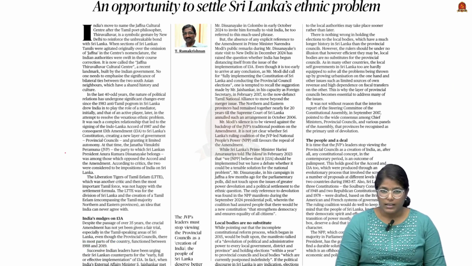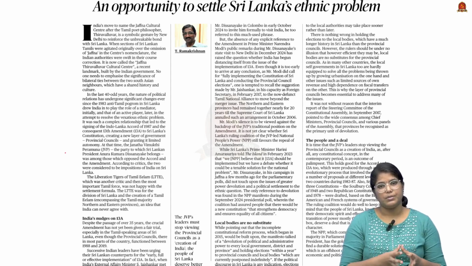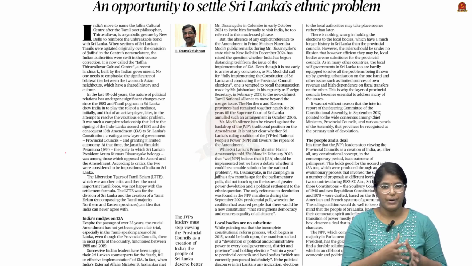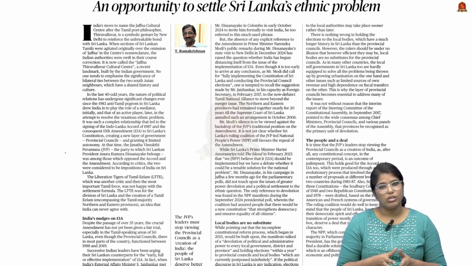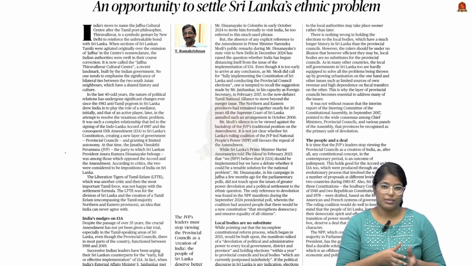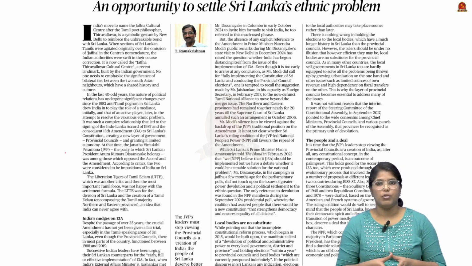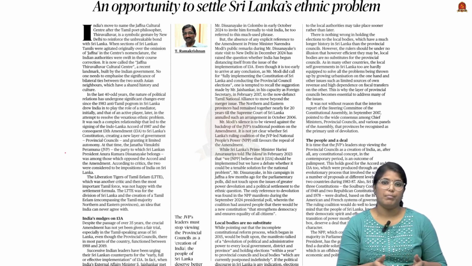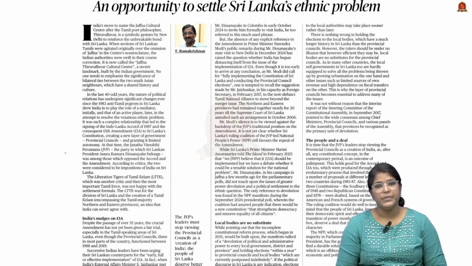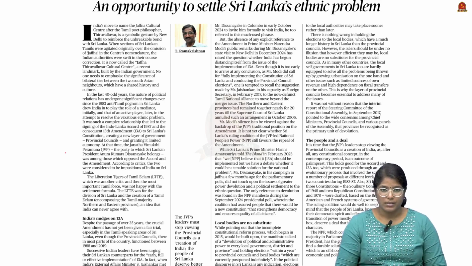Now look at this article that talks about Sri Lanka's ethnic problem. This article has three different dimensions. In the first part, it talks about what happened during the civil war and what led to the civil war. In the second part, it talks about the aftermath of the civil war. Then in the third part, it talks about how the ethnic conflict in our neighborhood is impacting our country, India. So from the mains perspective, let us see them one by one.